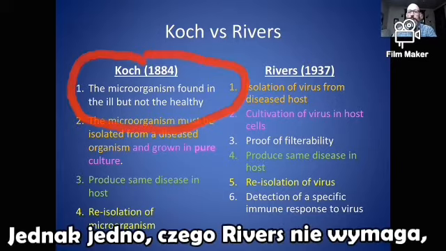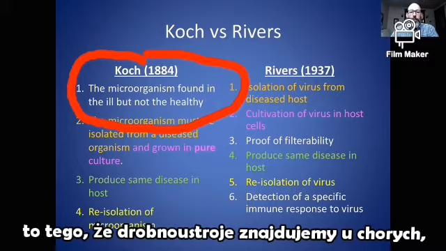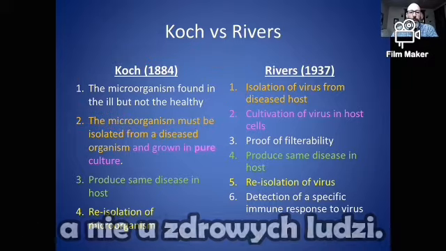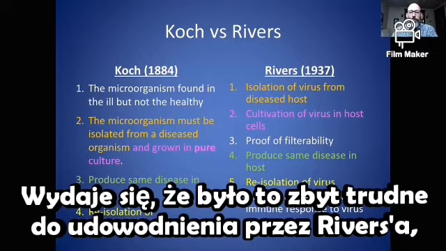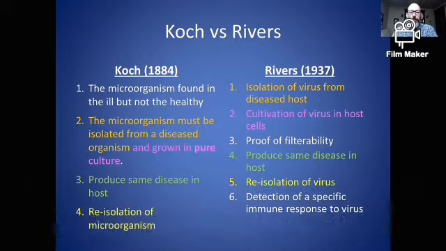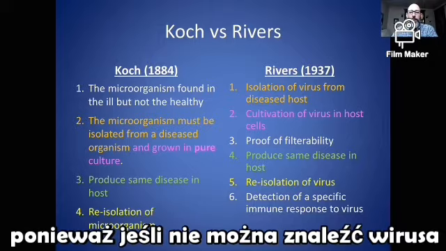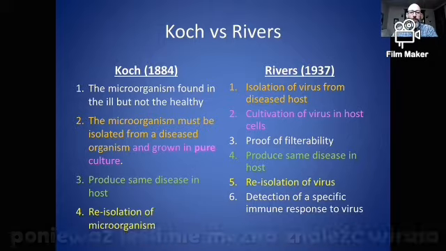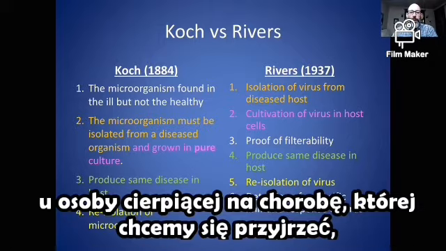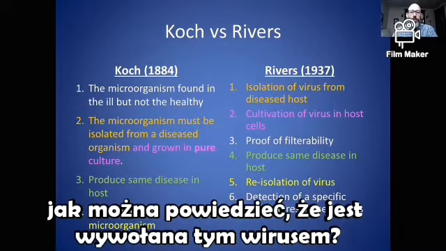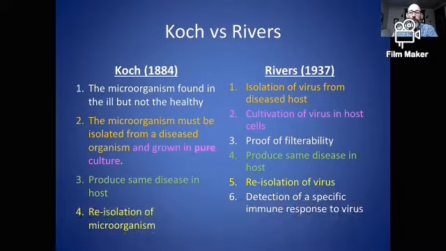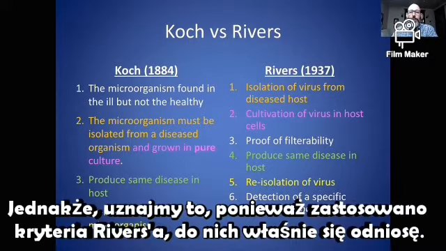So the one that Rivers did not require was that the microorganism is found in ill but not healthy people. So that seemingly was too difficult to prove for Rivers, but I feel that this is a major shortcoming. Because if you can't find a virus in a sick person with the disease that you're looking at, then how can you really say that it causes that disease? However, I'm going to give it a pass because they're using the Rivers criteria, so I will apply the Rivers